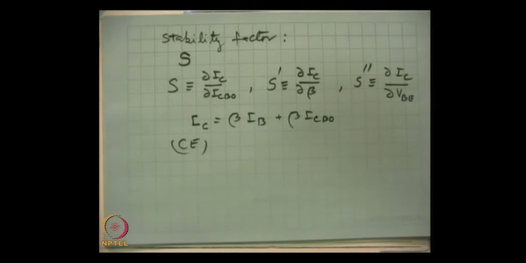By stable we mean that the Q point will not shift significantly if the temperature changes, aging, or whatever the causes we have stated. So, remember that in stability the cause of variation is immaterial. The circuit has to be designed to take into account this stability. That means the circuit should be stable, the Q point should remain stable.